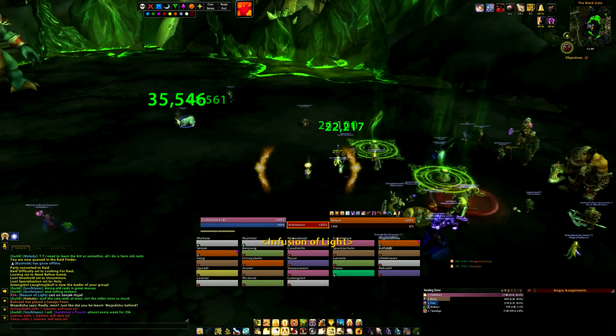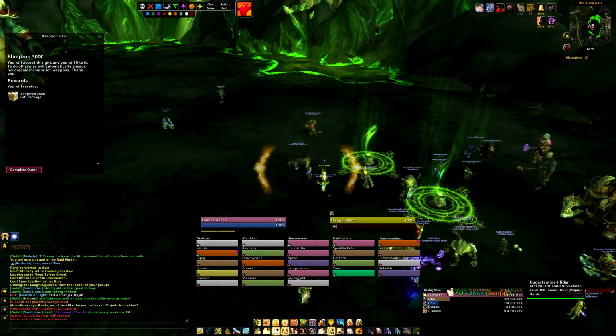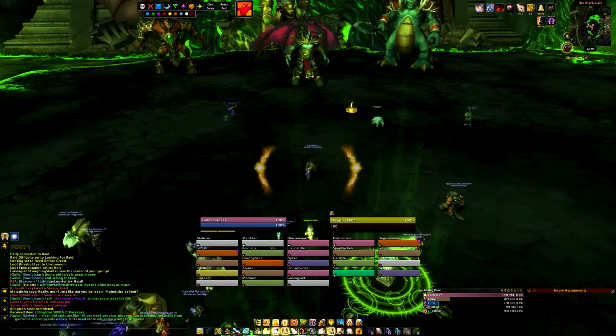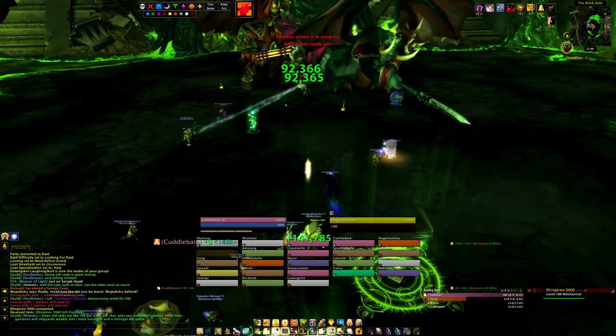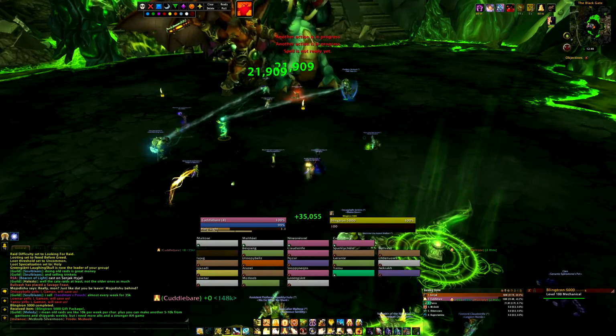Today I wanted to share with you a concept, an idea that's been rolling around in my head for quite a long time, and that is the relationship between the tanks in a raid environment. Before we even get started on the content of this video,